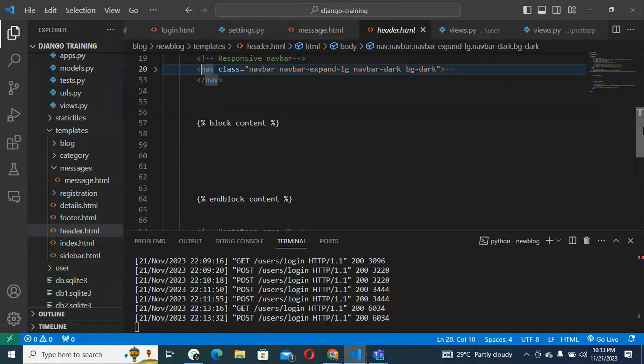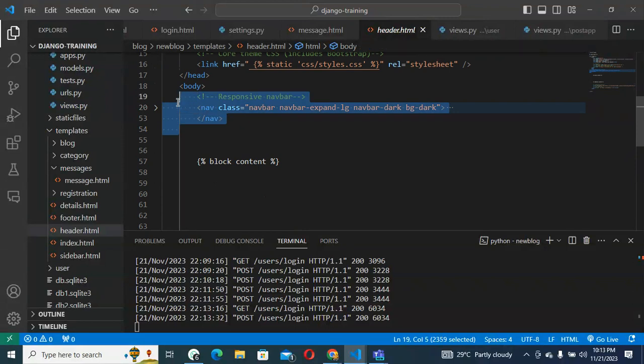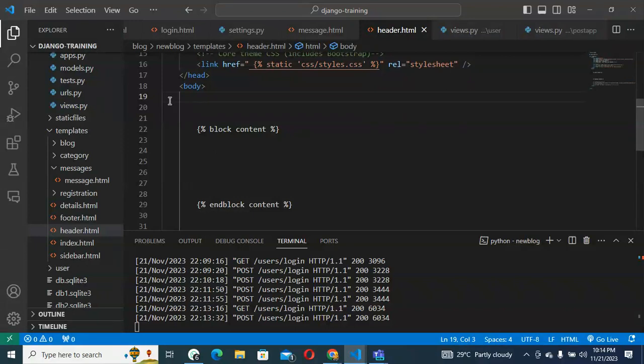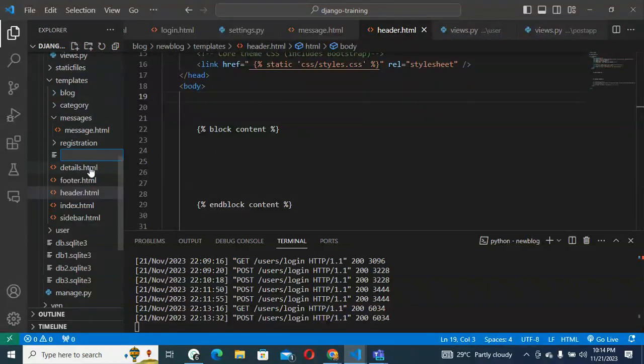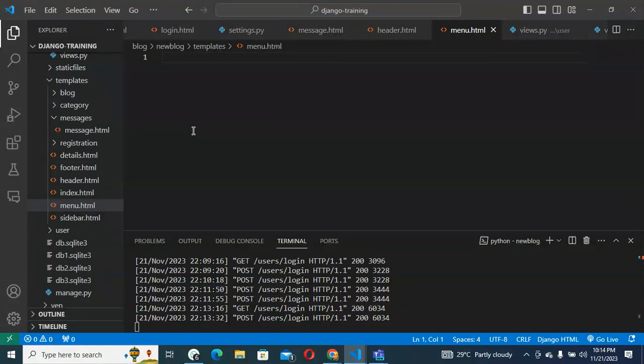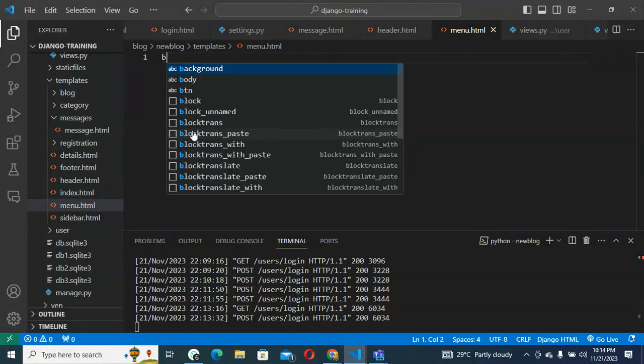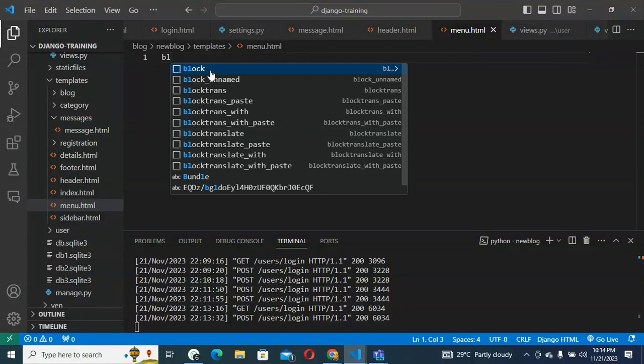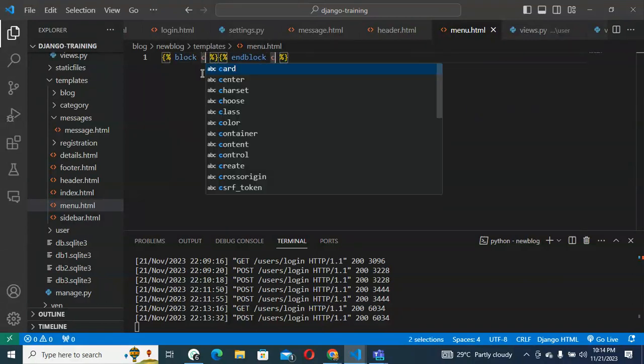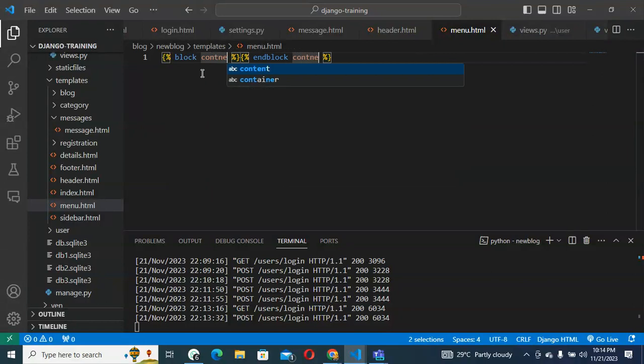So here is where we have the header, right? Here we have the header, and I'll just come here and create menu.html. So inside this menu, I will call content block, because block content. Then inside this content, we are going to paste